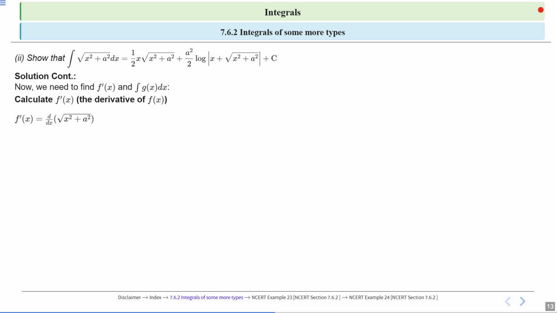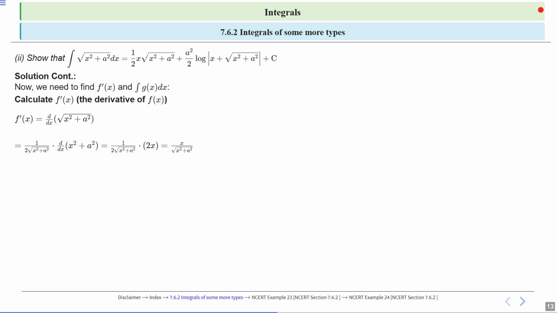Now we again apply the chain rule in differentiation, and here the function value is x square plus a square. According to the chain rule, the differentiation of f(x) to the power n is n into f(x) to the power n minus 1, and then the differentiation of f(x). So d/dx of root under x square plus a square is 1 by 2, that is n, into f(x), that is x square plus a square, to the power n minus 1, that is 1 by 2 minus 1, that is minus 1 by 2. So it goes to the denominator and becomes 1 by 2 into root under x square plus a square